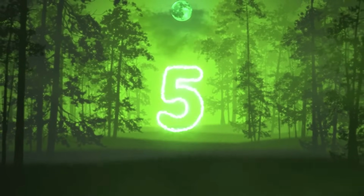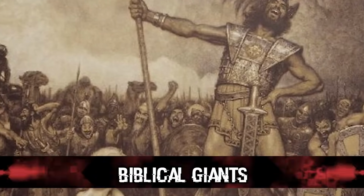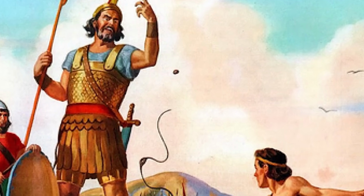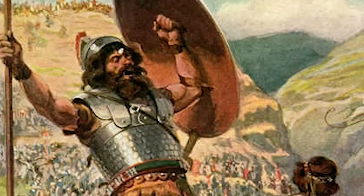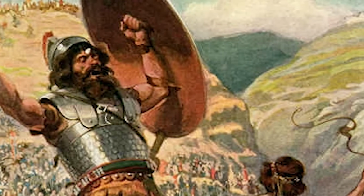In our number 5 spot today, we have the biblical giants. There are tons of mentions of giants in the Bible, with the most famous probably being Goliath. Samuel 17:1-58 says, quote, "And there came out of the camp of the Philistines a champion named Goliath of Gath, whose height was 6 cubits and a span. He had a helmet of bronze on his head, and he was armed with a coat of mail, and the weight of the coat was 5,000 shekels